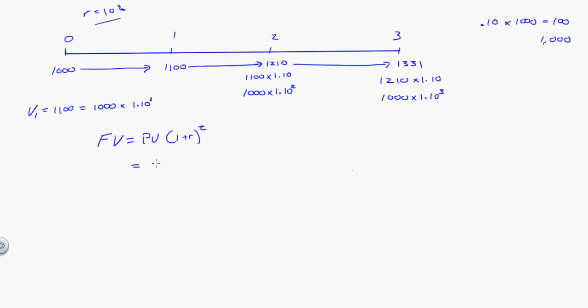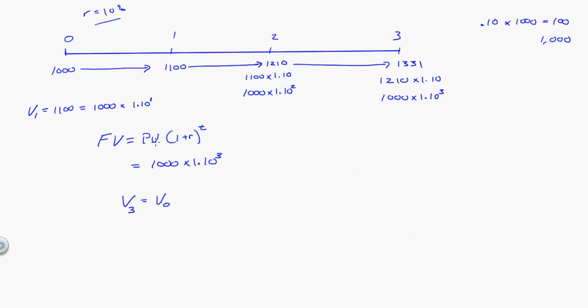So in this case, I could say the future value is equal to 1,000 times 1.1 cubed. Another way I could write this, and whichever way you prefer is okay, you can say V for value and give a time subscript. So the value in year 3 is equal to the value in year 0. So in other words, what do I mean by future value? I mean the value in year 3. That gives me a specific time.